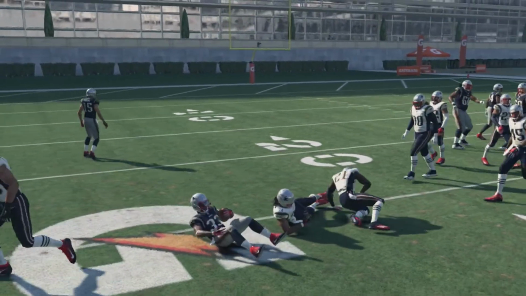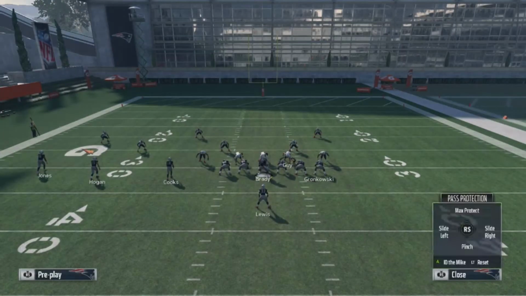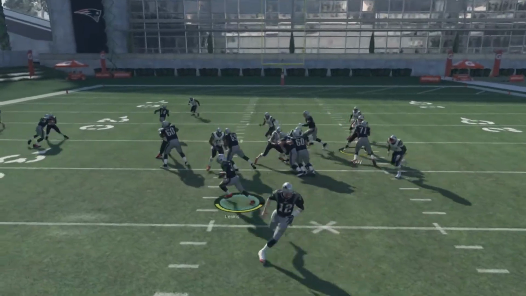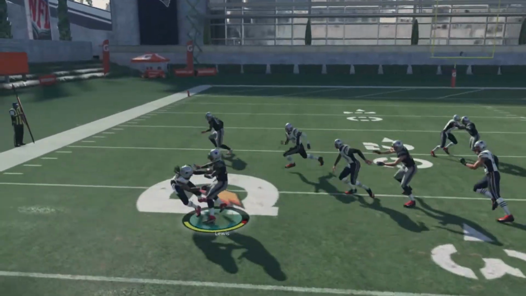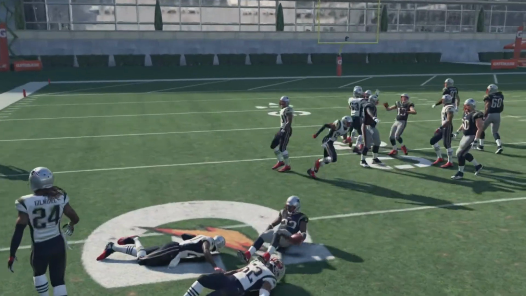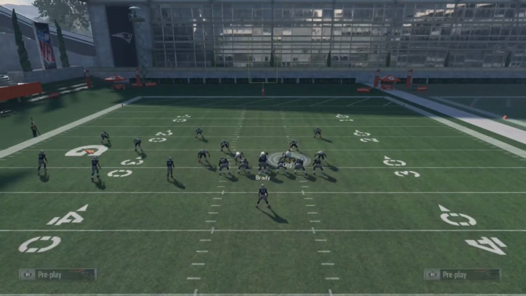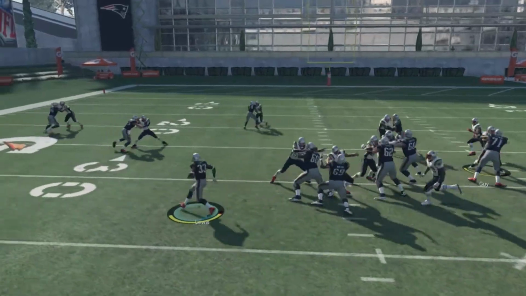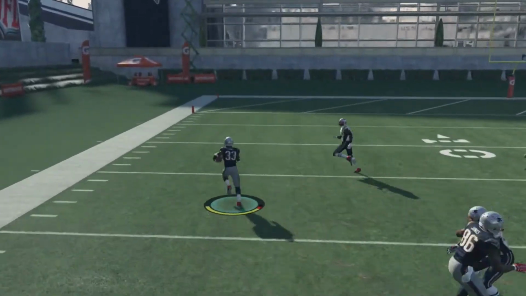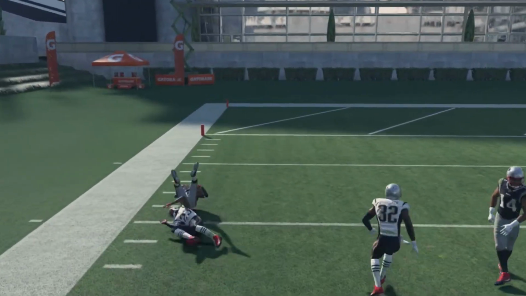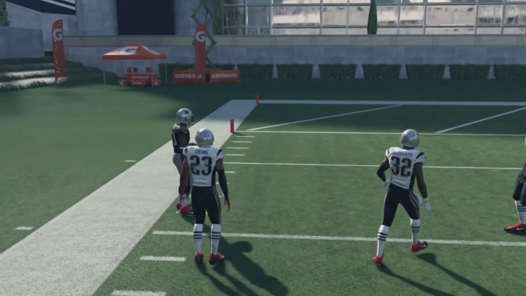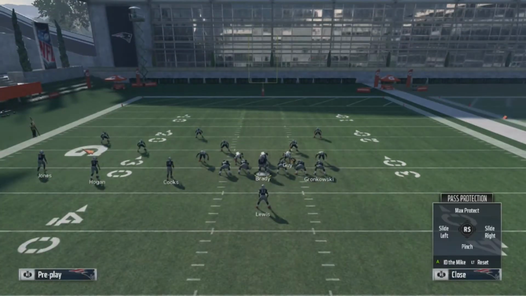Now, I didn't pick up a huge chunk of yards right there, but as you saw, the way to counter halfback zone is now completely nullified. By us coming out in halfback power O and line shifting down, the guard will swing over, pick him up, and then at that point, it's essentially going to be 1v1, you versus the user,